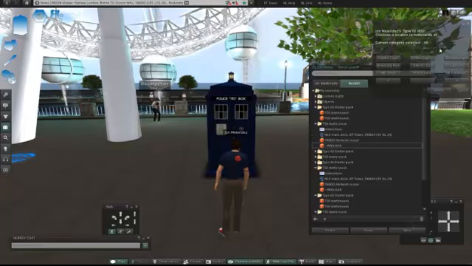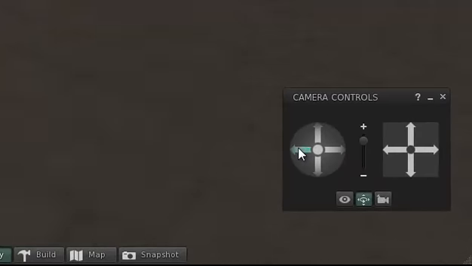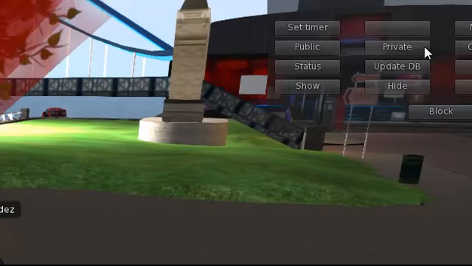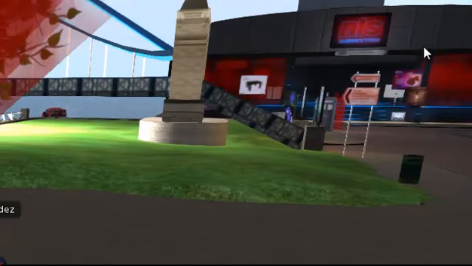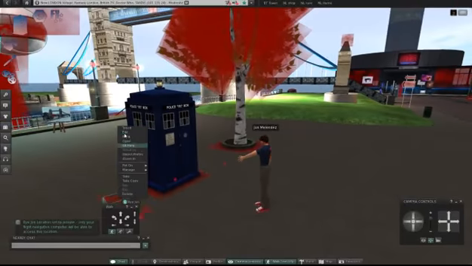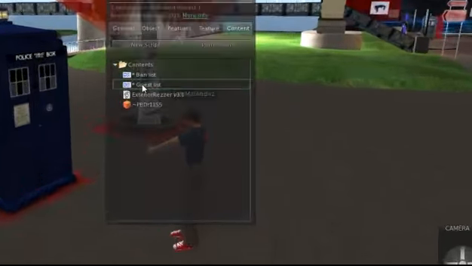But what if I don't want people to use it? What if I just want to make it private in my own private place? Well, Control Alt T and then click it and make it private. Now only I will be able to access this. But what if I've got friends that I want to access my private Rezzer? Perhaps it's in my own land and I just want me and selected few people to be able to use it. Well, right click the Rezzer again, go into edit, click on guest list,